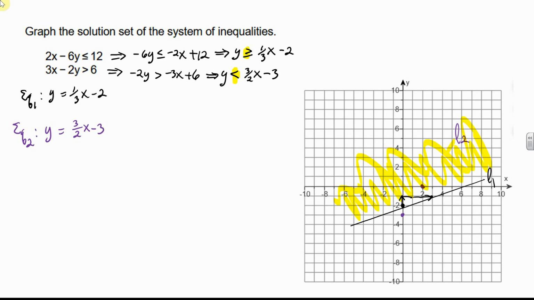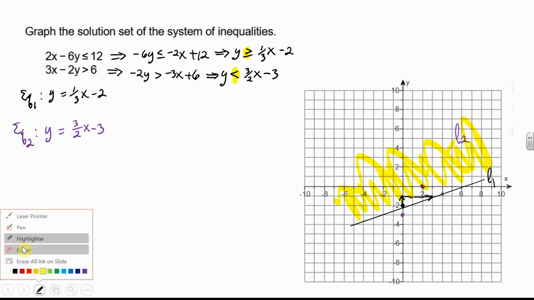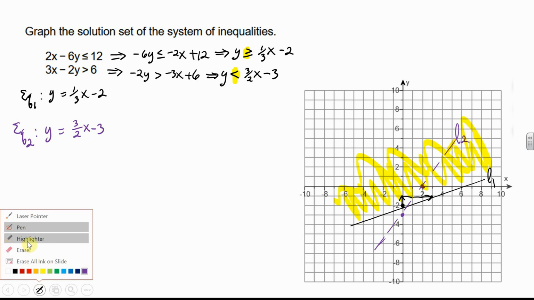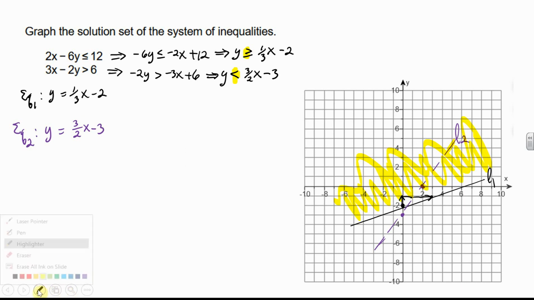Oops, wrong one. Very good. Yep. And then that's y less than. So everything under this line,